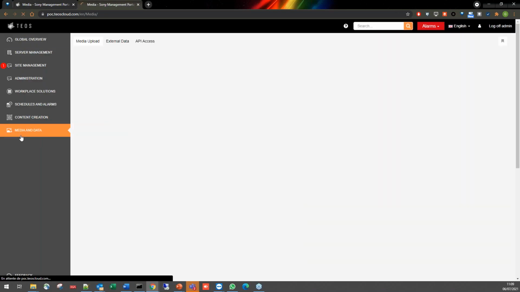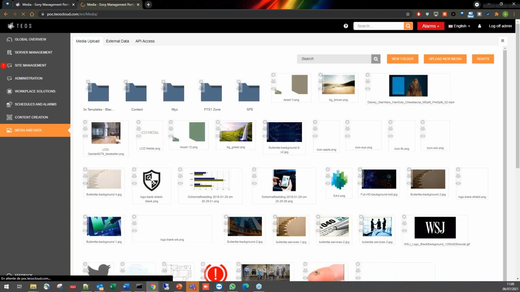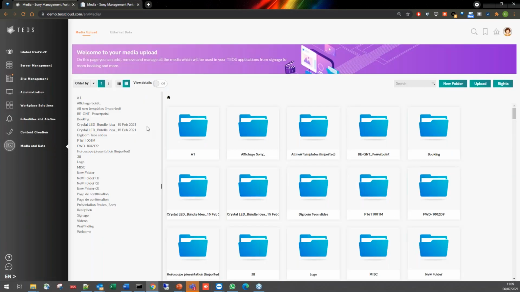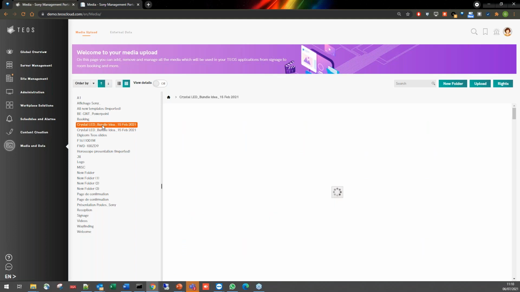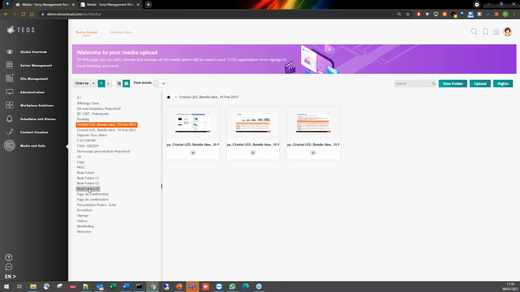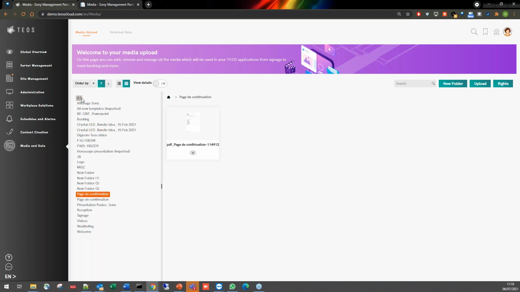So if I go into media and data, I get all my content that is directly seen into this page. I now have the possibility to view in a list view, to check details of my content. And basically on this new version of Tios, we did push to have more functionalities on the way of exploring content, and we did also take some examples, some feelings from the Explorer of Windows in order to bring something similar. So if you click on the column in the left, you have directly the access to all your content.